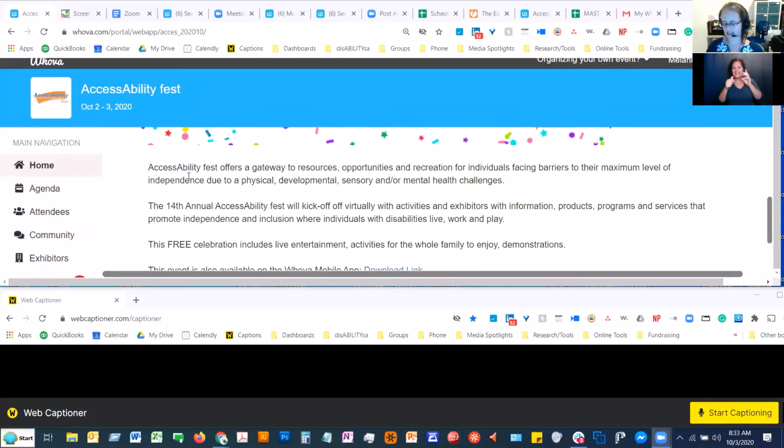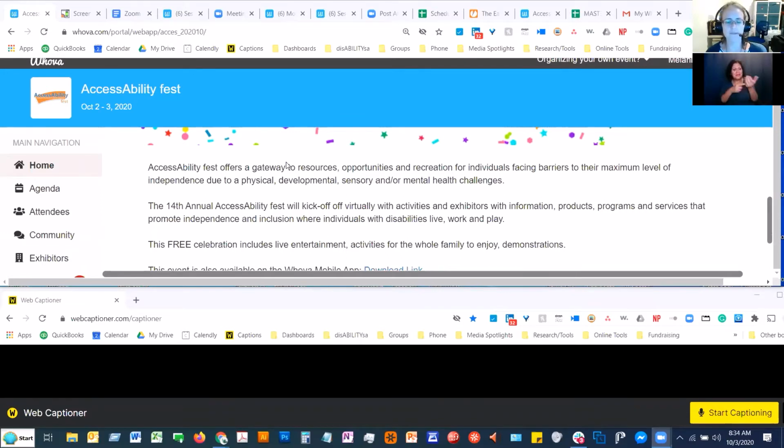If you joined us yesterday, thank you for participating in our extra added attraction this year, the service provider track, to help in furthering Disability SA's mission to strengthen organizations that serve individuals with disabilities in our community. But today is all about the part of our mission that is to educate, advance, and engage individuals with disabilities by sharing information, creating opportunities, and making sure that people with disabilities are engaged in